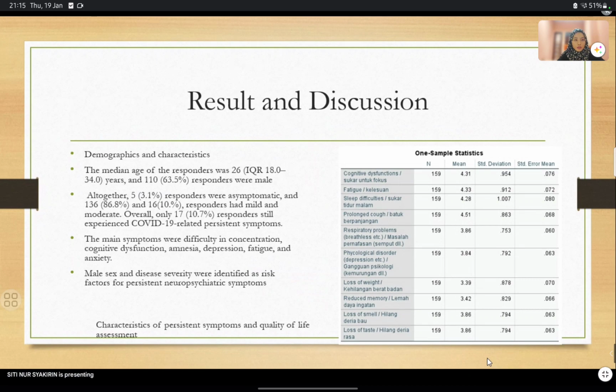So here you can see that only 70% are still experiencing long COVID. The main symptoms that are always faced with long COVID are cognitive dysfunction, fatigue, sleep difficulty, prolonged cough, respiratory problem, psychological disorder, loss of weight, reduced memory, loss of smell, and also loss of taste, with a higher mean for prolonged cough and respiratory problem because of the virus itself residing in the